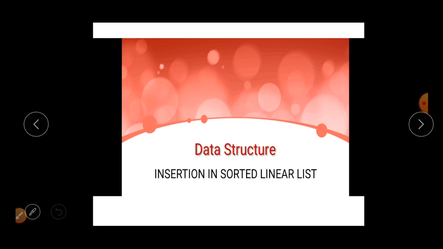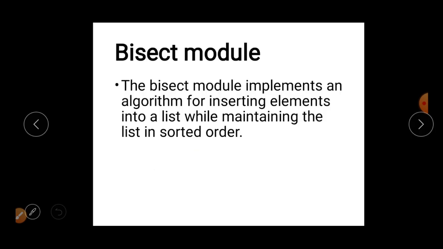You can insert a new element in the sorted array, and in the Python language we will call array a list. So the main topic is how you can insert a new element in the array or the linear list. When we are talking about inserting a new item in the list, it is very complicated to create the place to insert it and also to maintain the ascending or descending order of the list. When we are working with Python, this is very simple with the help of the bisect module.